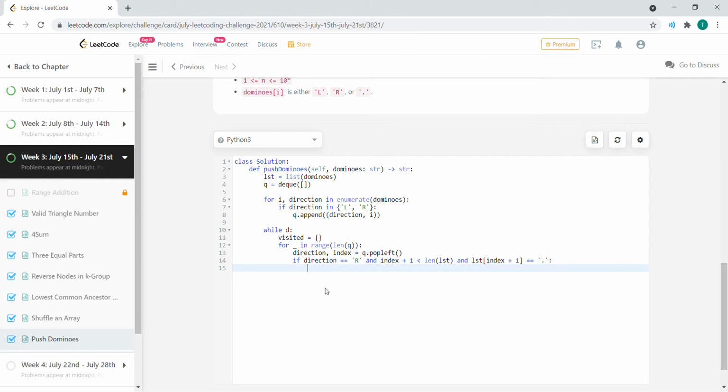So if the direction is equal to the right and the index plus 1 is less than the length of the list, it means within our bounds, and the list at index plus 1 is equal to the dot,